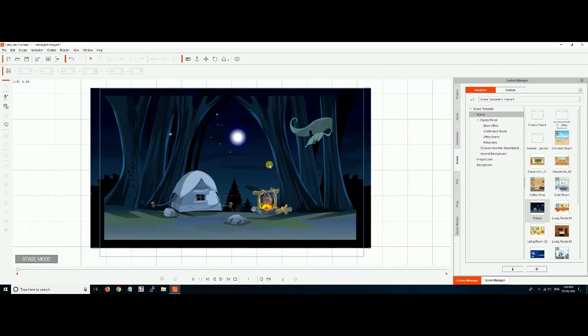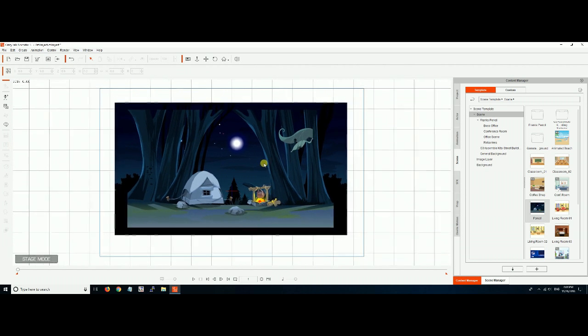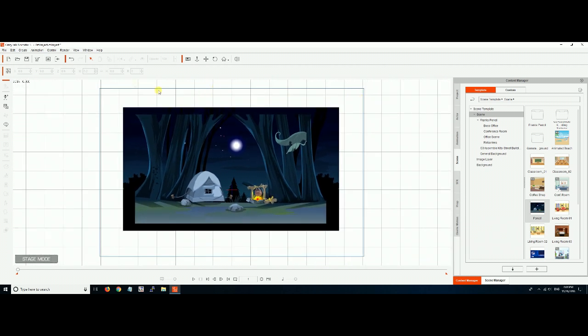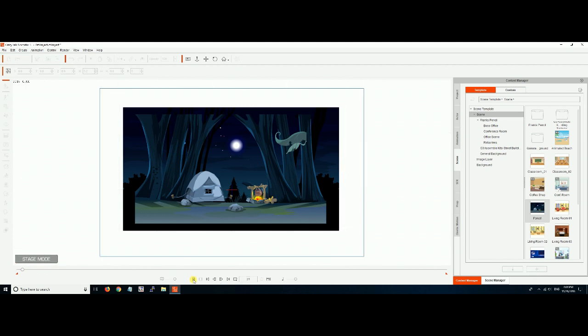Now I'm using my scroll wheel right here to scroll out. You'll see this blue line right here. Well, that's what's going to be shown on your screen. So down here is your timeline. You see where my mouse is? The timeline will hit play. Once you hit play, nothing's happening, because you'll notice that some of the things are happening right here. We have a fire. It's just an animation that doesn't do anything. We haven't done anything yet. So we're hitting play and it's going through, but nothing's happening.